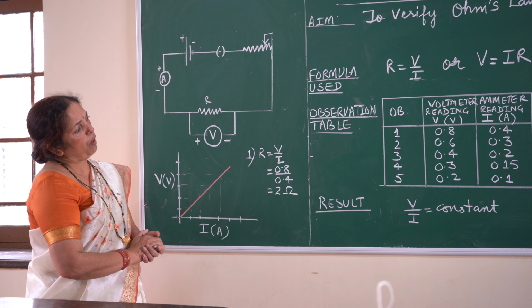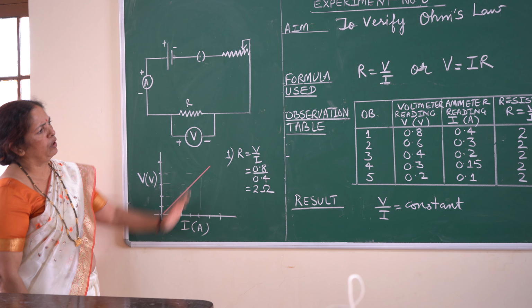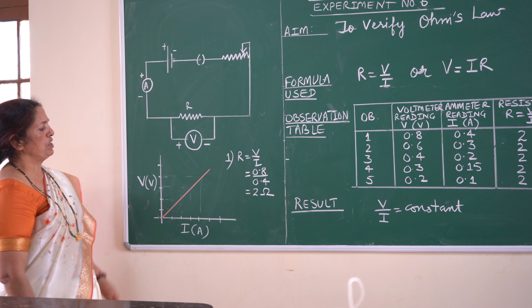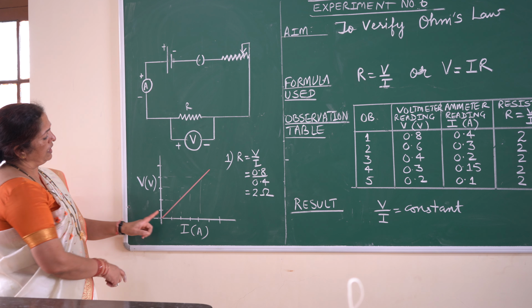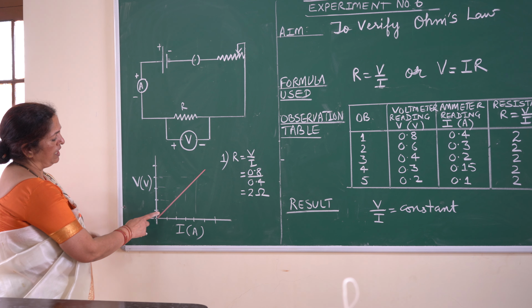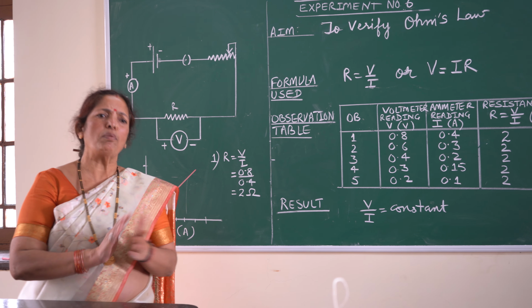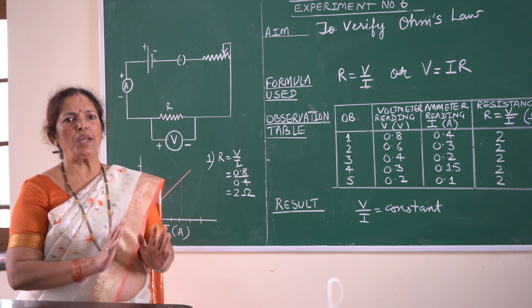By taking the readings, if we plot a graph between potential difference and current, all those values whatever I have written in the observation table, you'll find on plotting the value of potential difference and current, there will be a straight line obtained. Now while drawing the graph, again remember, the best 3 points you are joining to make it into a straight line.